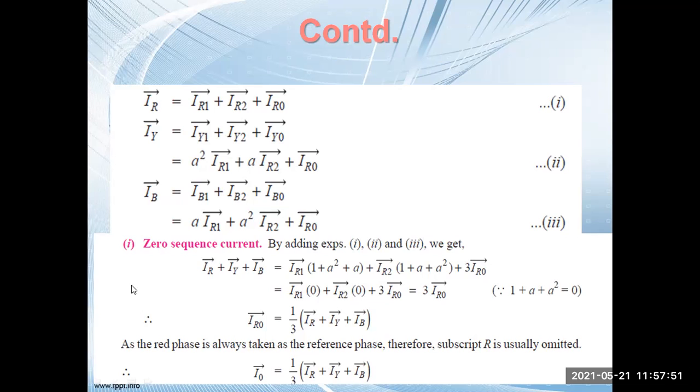This proof is clear on this particular slide, any doubt? Or should I move to the blackboard? Should I derive it? If you have any doubt, please tell me. I will not mind. I will go to the board and derive it. Sir, how is 1 plus A plus A square equal to 0? Okay. Fine. Correct.